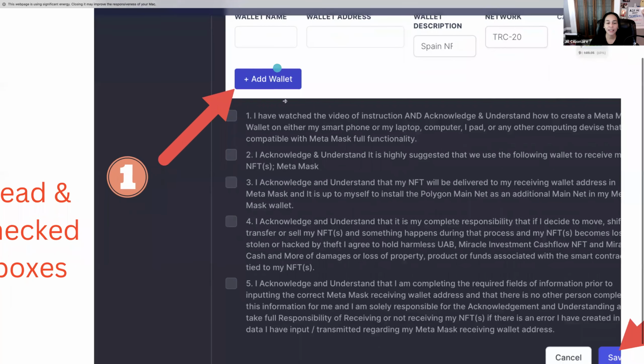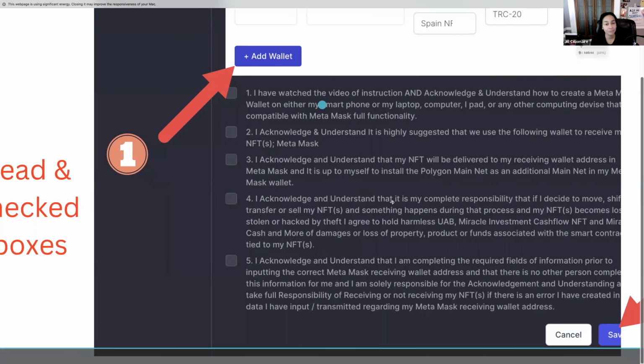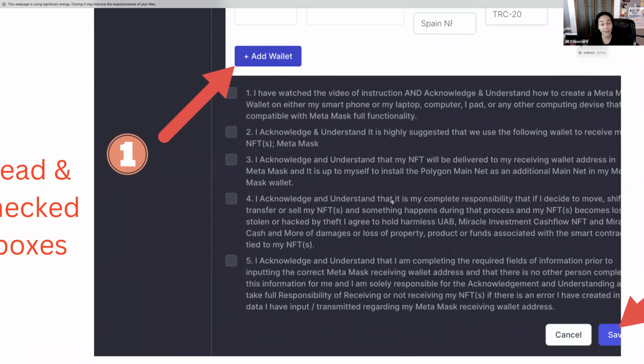Then once you are done, you are going to check all these boxes, because basically they're saying to you, hey, you agree that you went through the steps and you did all the tutorial, and we are going to be sending you your NFT there. But CashflowNFT put a safety